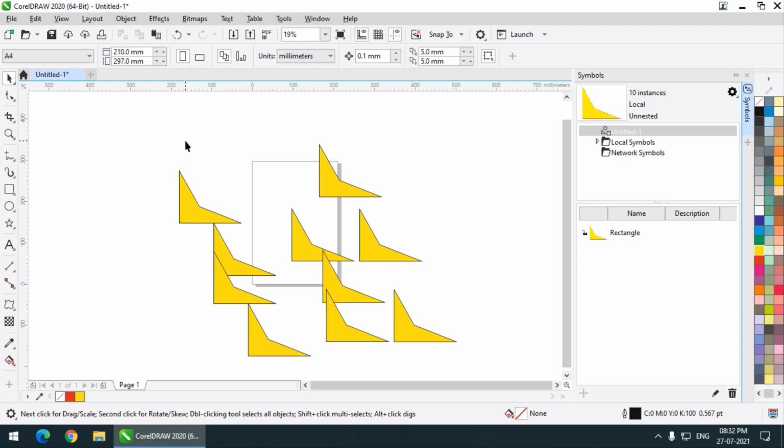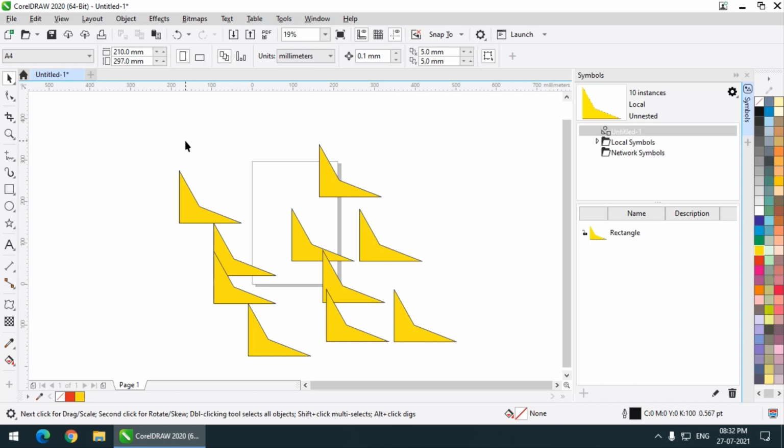It will take a very long time to do something like that. So instead of changing each symbol one by one, you can simply change one symbol or one shape, and all other symbols will be changed automatically. So this is a very useful method.